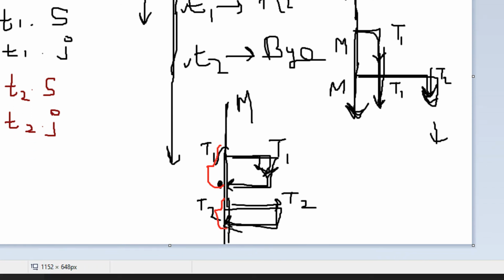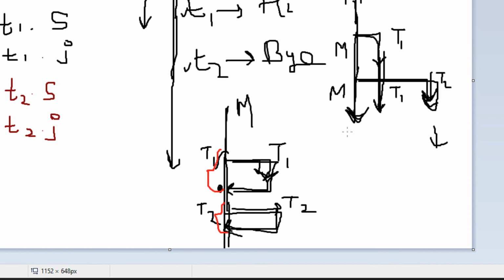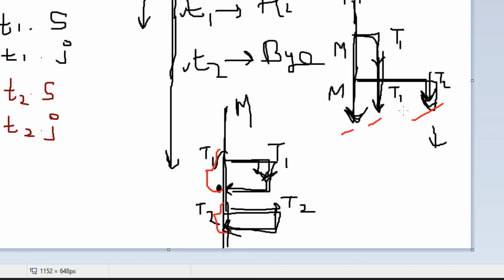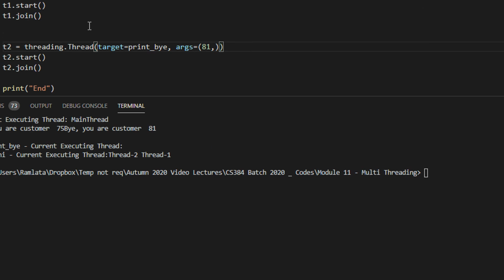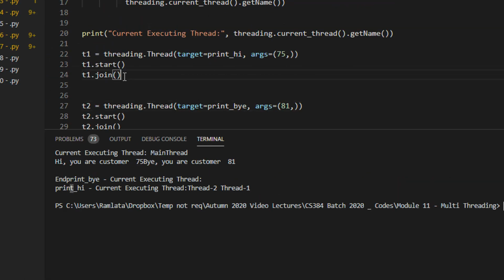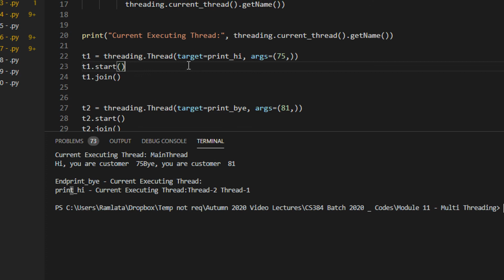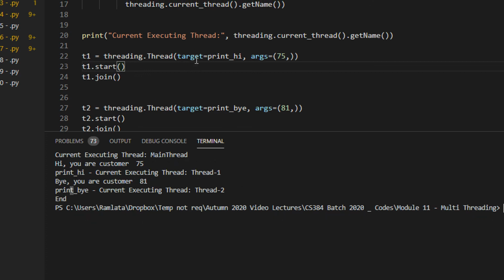Hope this does make sense to you, how the threads are being executed. If you don't use join, this is how the threads will execute, all independent of each other. But when you have start and join, start is of course always there, but the join will ensure that one of the threads completes its execution before beginning the other thread. I hope you get an idea why the join is important, and the start function actually executes that particular thread. So that's it for this video class.